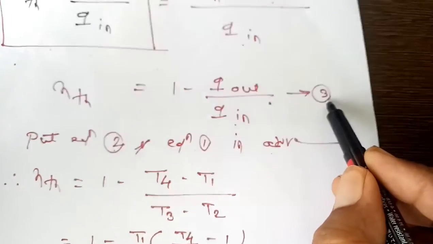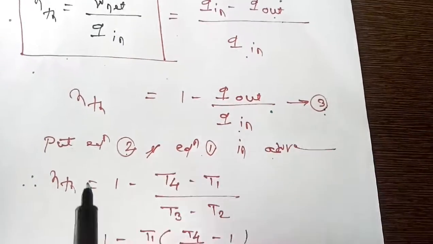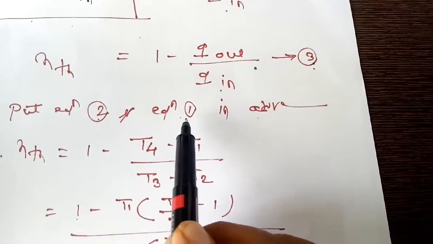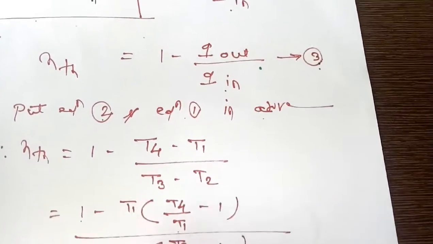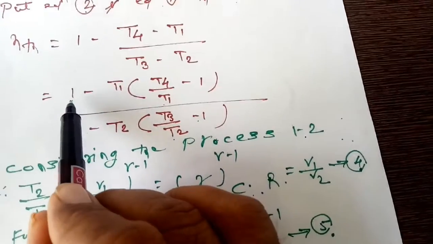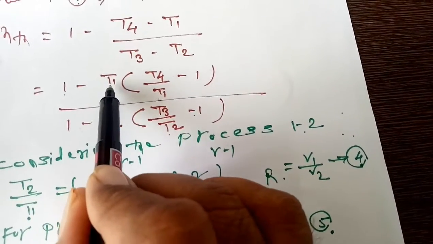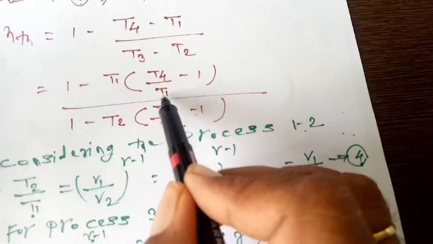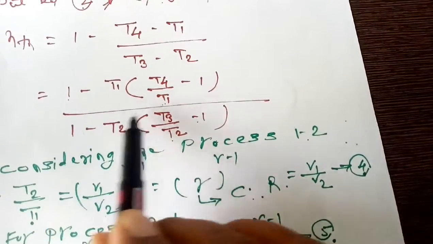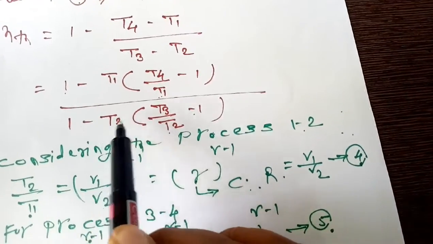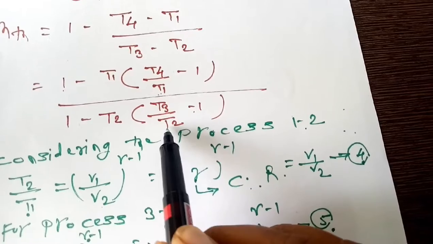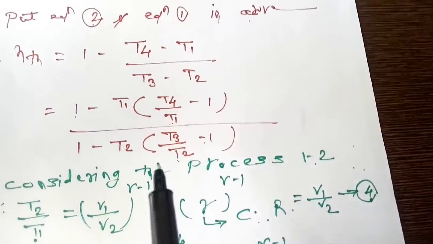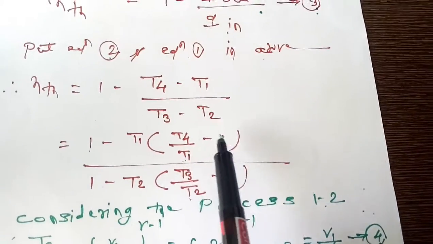Let us call this equation number 3. Now put equation 2 and equation 1 in the above equation. So we will find efficiency equals 1 minus T1 (T4 by T1 minus 1) whole divided by T2 (T3 by T2 minus 1). So here our intention is to simplify